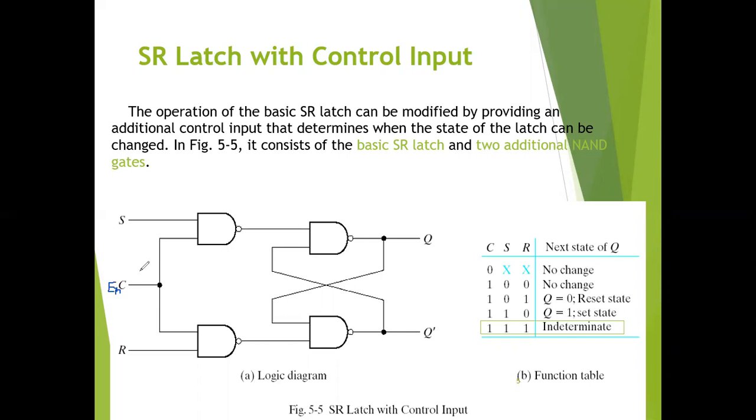So we can say the base SR latch with a control input is implemented by using NAND gates, and it has two additional NAND gates, more than the NAND gates which are cross coupled with each other. Additional two NAND gates are used. The control input EN acts as an enable signal for the other two inputs, and the outputs of the NAND